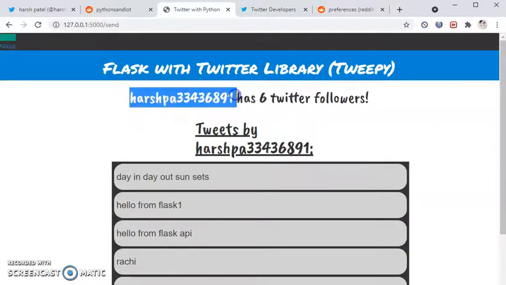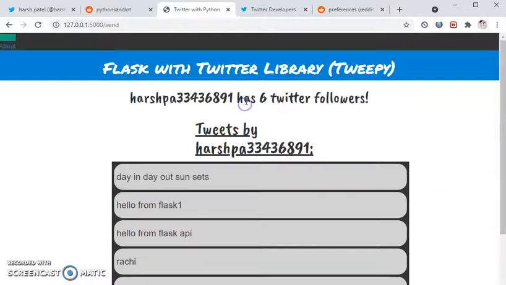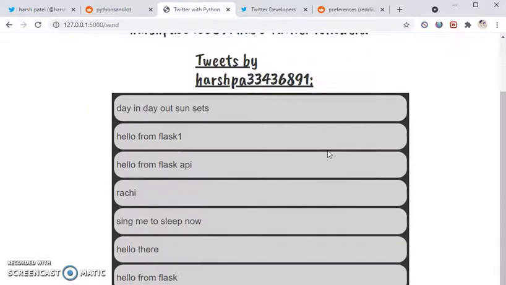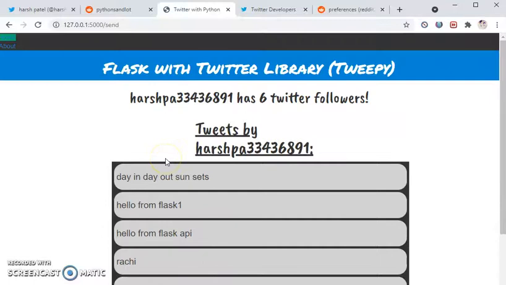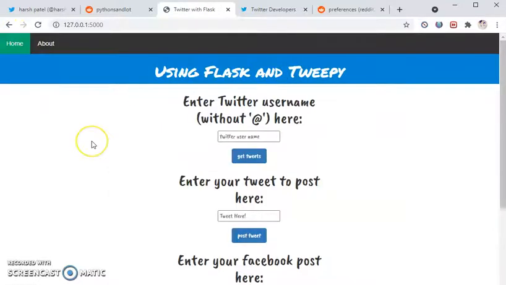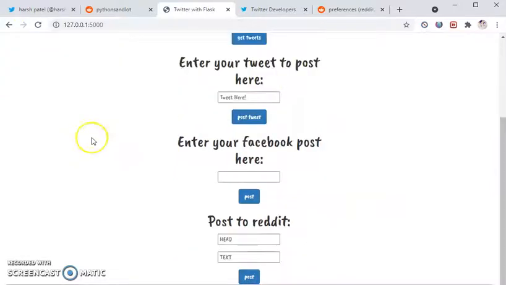This username, my account, has 6 Twitter followers, and here is the latest tweet that I've made and all the other testing tweets that I've created in the past as well. We'll head back to home and try to post to Reddit now.